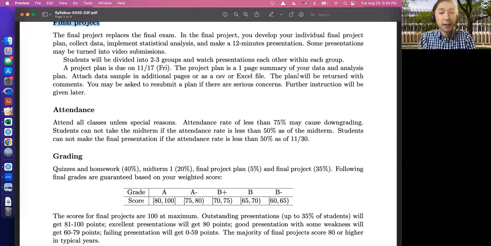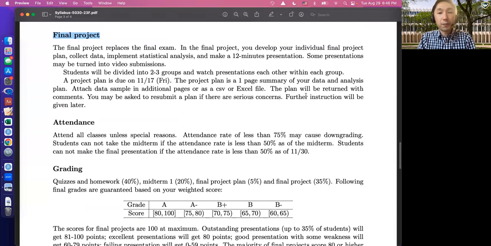I would like to make sure that everyone is on the right track for the final project. Sometimes students make a plan which isn't feasible. Actually, some projects are logically not possible, and some projects are maybe too ambitious as a final project. In such a case, maybe I ask you to change or modify the plan. I will give more detailed guidance later in the semester.